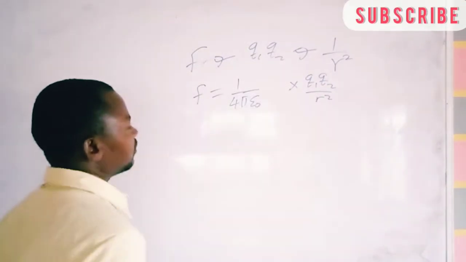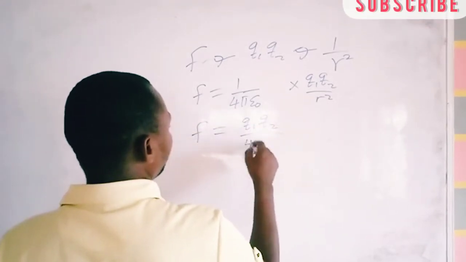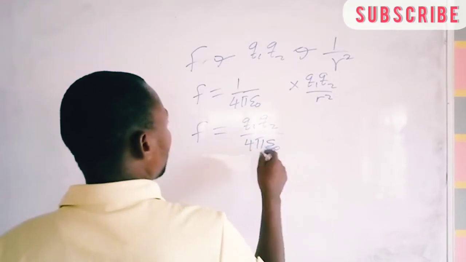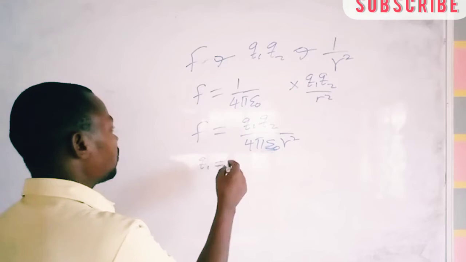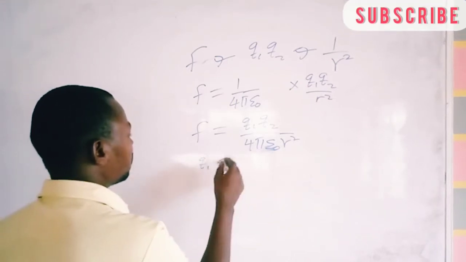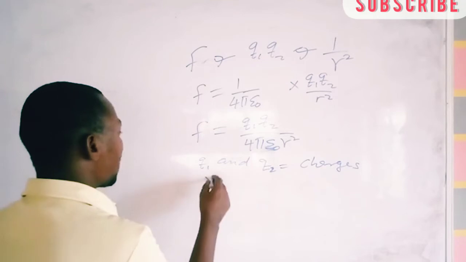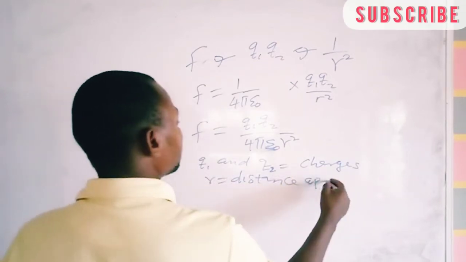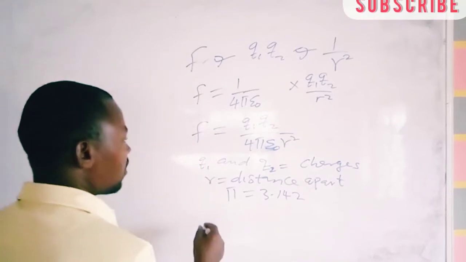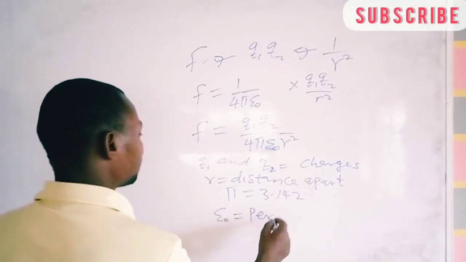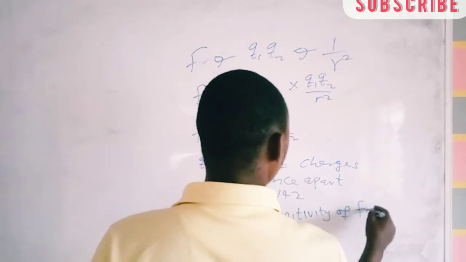So, by the time we multiply them, we have F equals Q1 Q2 over 4 pi E naught R squared, where Q1 and Q2 equal charges, R equals distance apart, pi equals 3.142, E naught equals permittivity of free space,